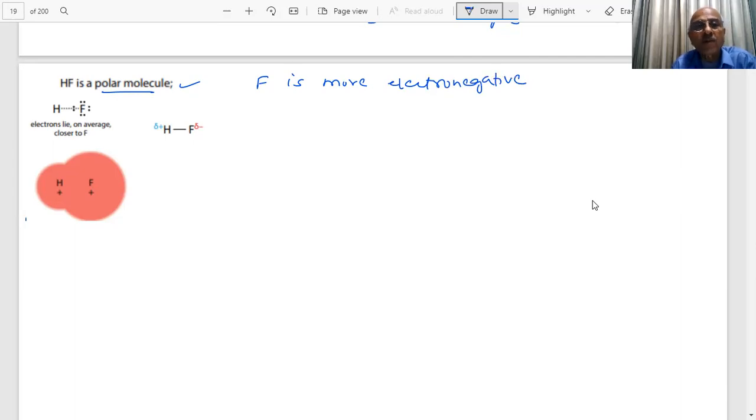Therefore, it has more attraction for the electron. Electrons are strongly attracted by this. The nucleus of the fluorine attracts electrons more strongly towards itself than the hydrogen. And the result of this is, student, we have shown here, electrons lie on average closer to the fluorine. This is the electron density, student. This is more towards the fluorine than towards the hydrogen. This is our hydrogen, this is our fluorine. So this electron distribution is more towards the fluorine than towards the hydrogen. Is it right? So electron density is higher on the fluorine, and what we are talking about, student, is a polar bond.